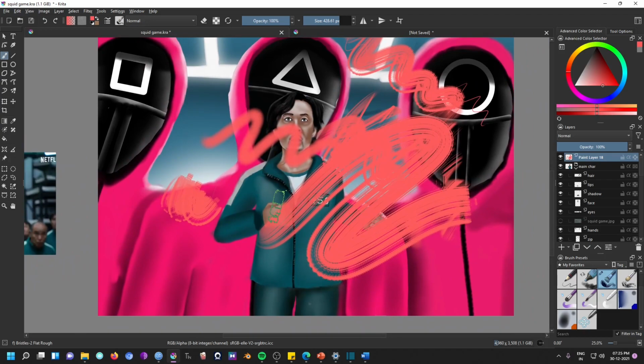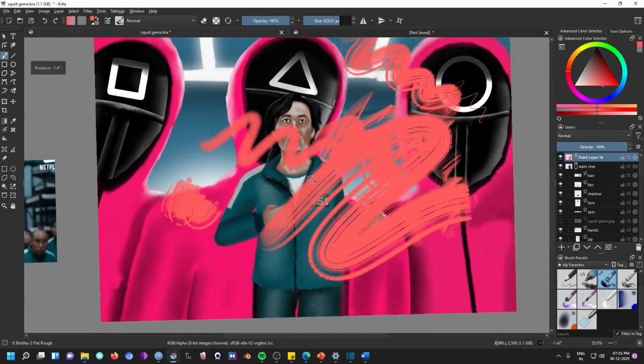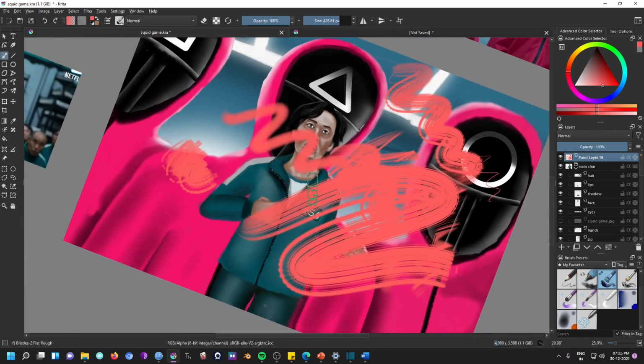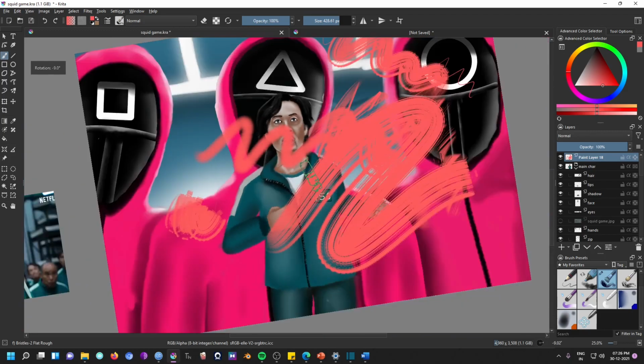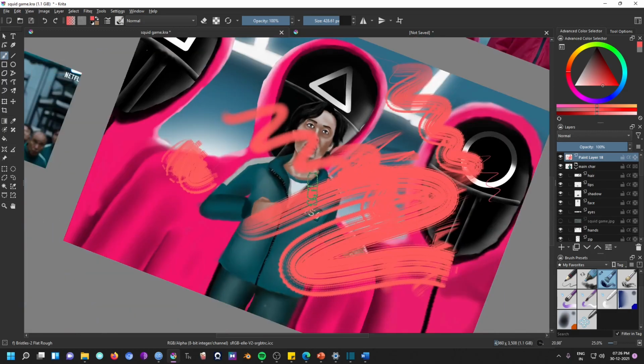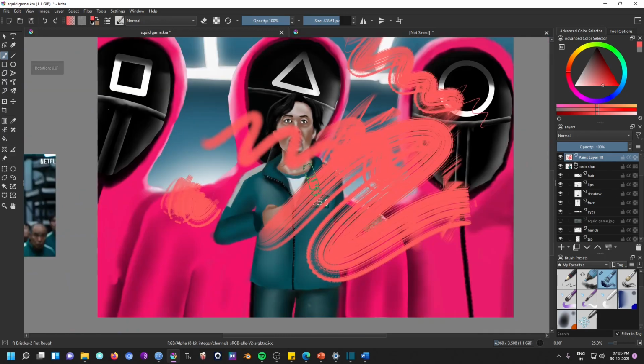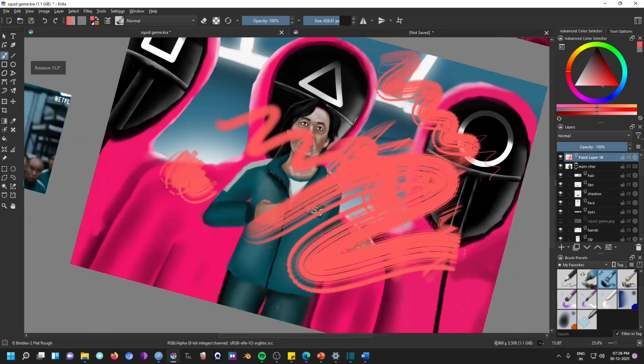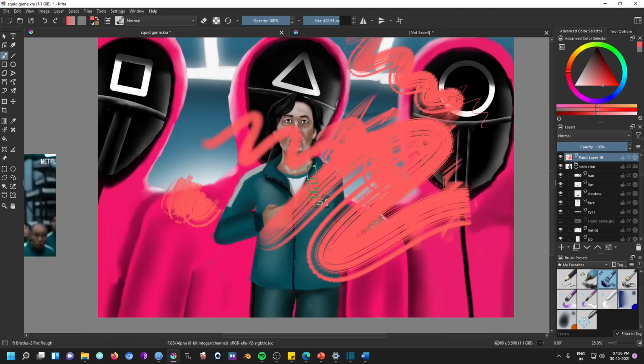Rotating the canvas. If you want to rotate the canvas, you can simply press and hold Shift key plus middle mouse button and dragging will rotate the canvas. The even better option is to press 4 or 6 key to rotate left or right. Pressing 5 will restore it to 0 degrees. Pressing Ctrl and bracket also has the same effect. Quick mirroring. This is the artist way to check if the art you are creating has some errors by mirroring it. And by pressing M key, you can simply mirror the canvas.